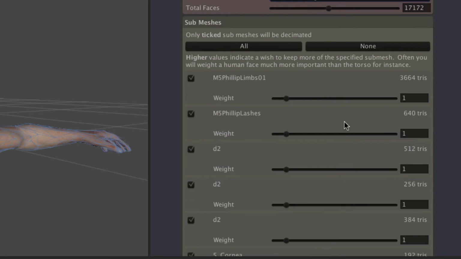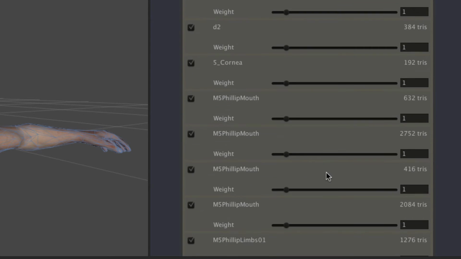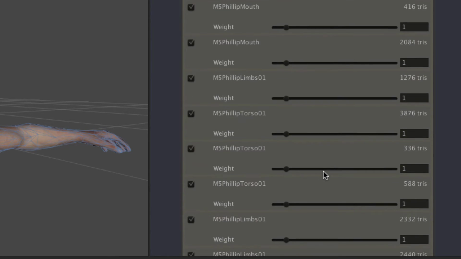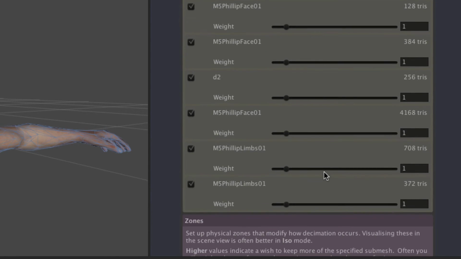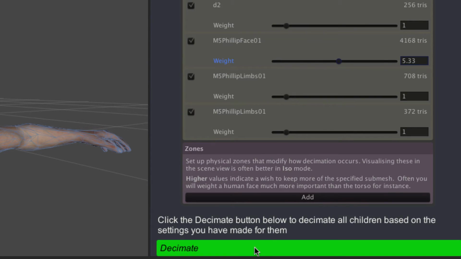And if we select all of them, they'll all be decimated, but we can change the weights of each one. So let's go and choose the weight of the face. And that's down here with this 4,100 triangles. So let's make that a higher weight, which means we'll try and keep more of the face. And then we can just go and click this decimate button at the bottom, and that will decimate according to